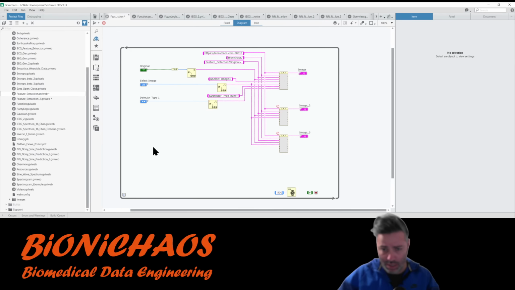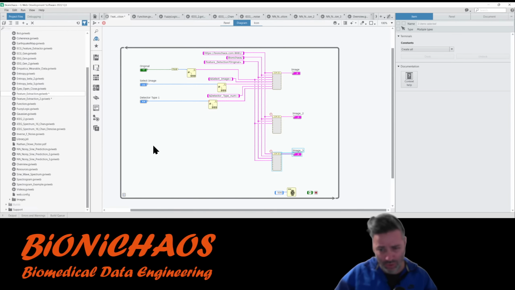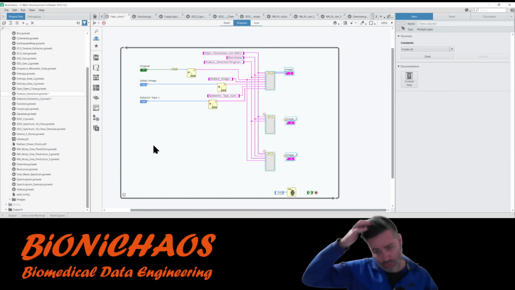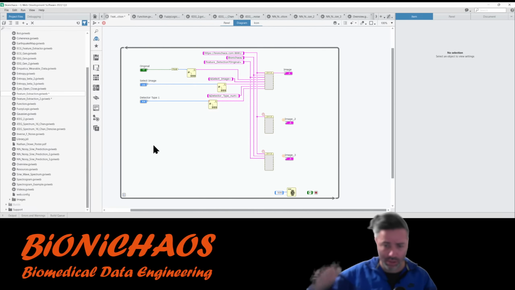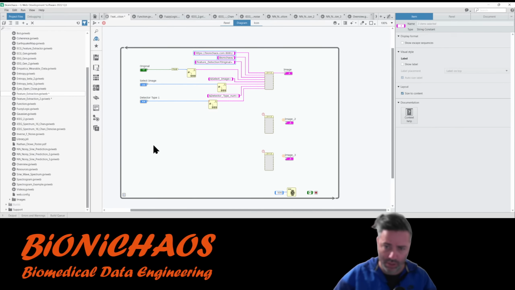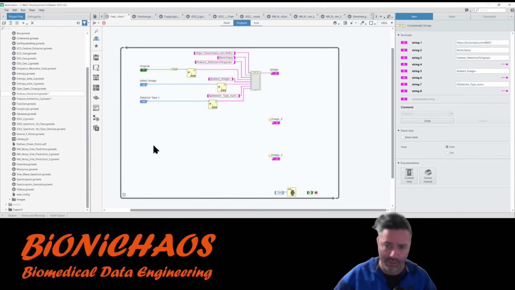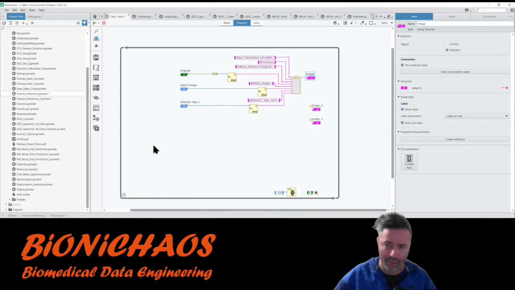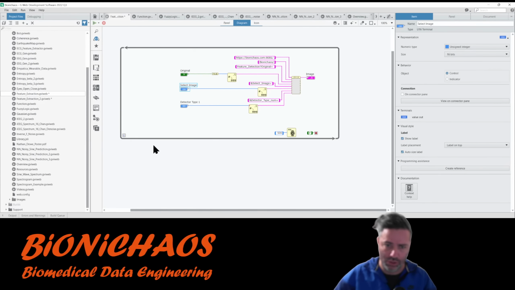So I should have created a new tool to begin with. I have to revert this back, which is okay.